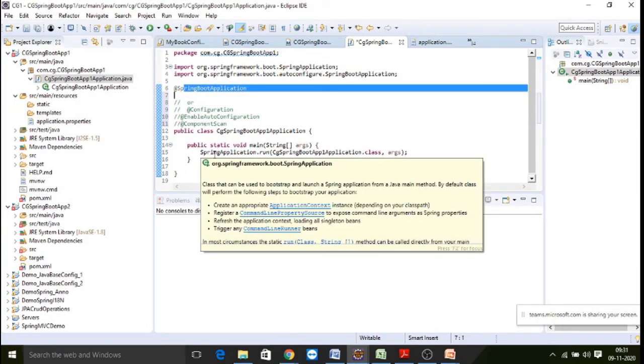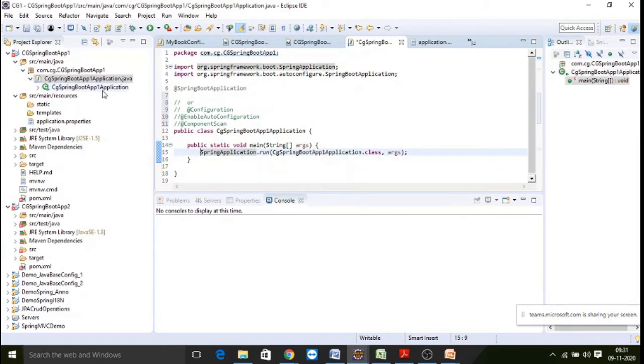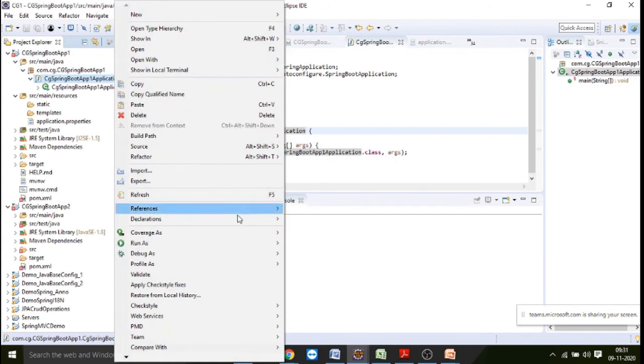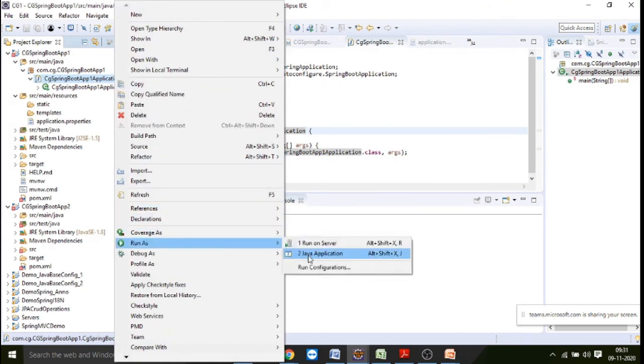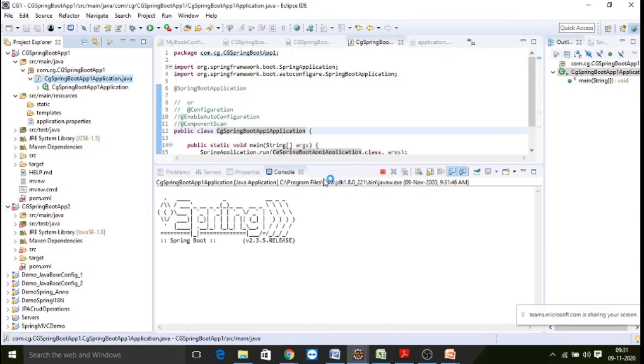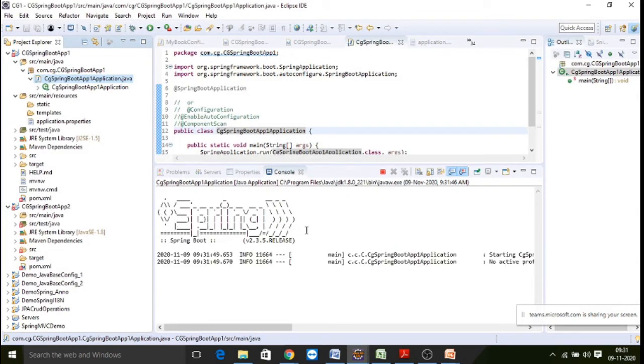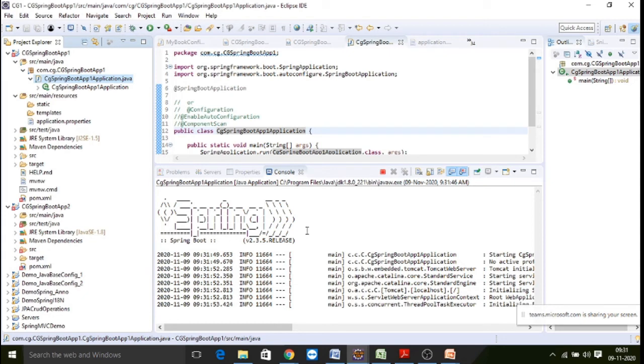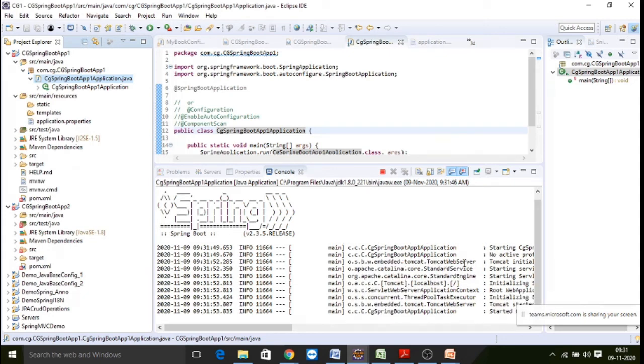We have got it. Now, how do we run this application? Let us check now. I'm just saving it. Right click, run as Java application. Simply, we are running as a Java application. Now your Spring Boot server is started. There is an embedded container, Tomcat. We don't have any Tomcat here, right? You can check the build path also. There is no Tomcat here.